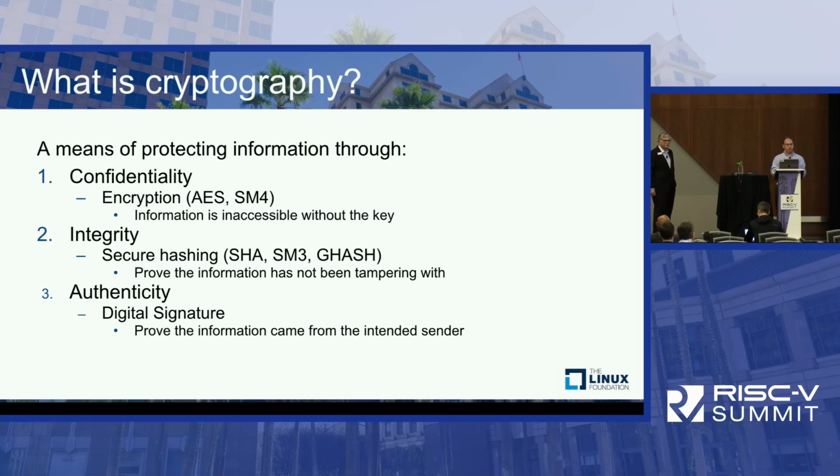Depending on how much information the attacker has, they can actually change important things. They're not just scrambling it up. So you want to have a way of knowing that nobody has messed with the encrypted message, and so we use secure hashing for that. And then the third prong is authenticity. That's a digital signature. That's not something that we have addressed specifically in these extensions.